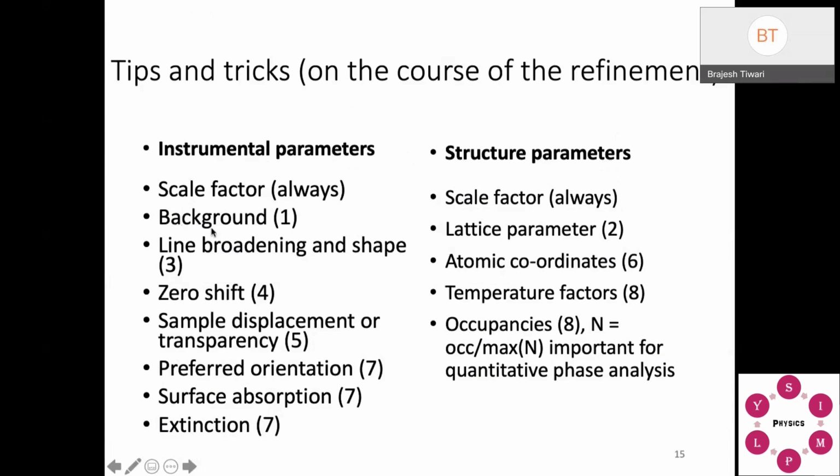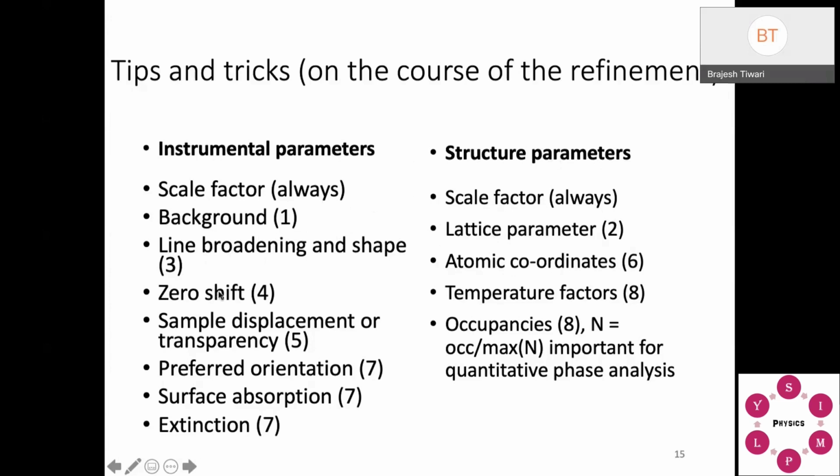Background is also important. Line broadening can come from two sources, one from the instrument, another from your sample as well. So first you have to refine these things. Then you should refine your lattice parameter. Then go for your line broadening refinement.